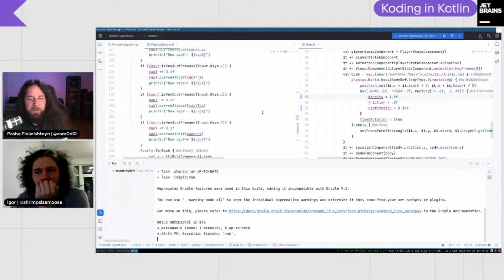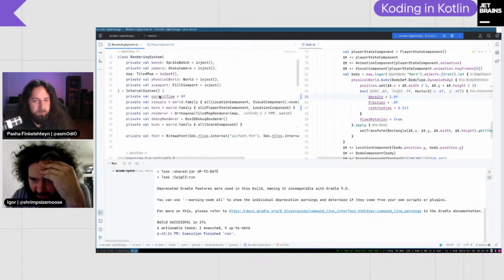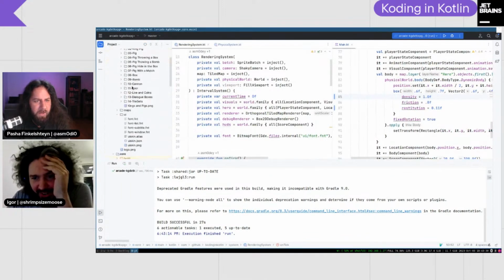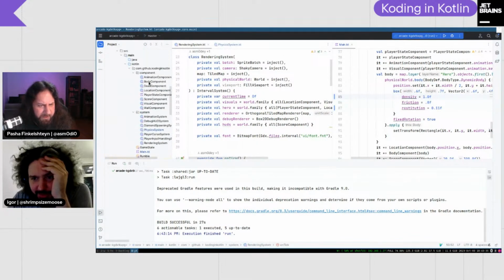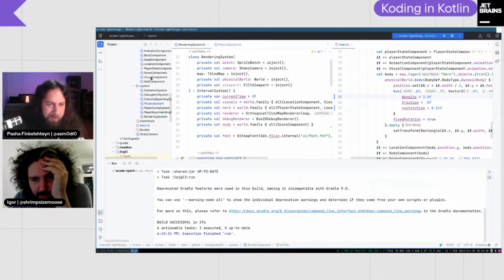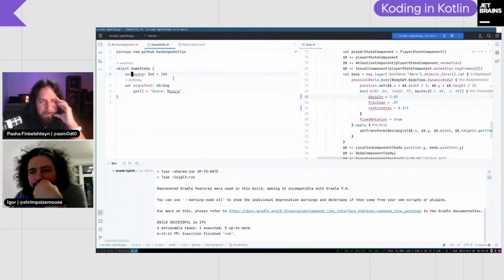If I remember correctly, we have an object called game state. Do we? I think we definitely have game state above the main one. Yep. Score.